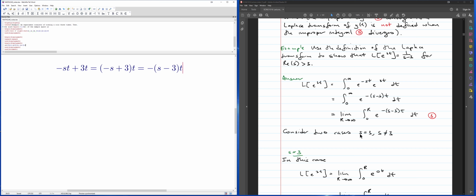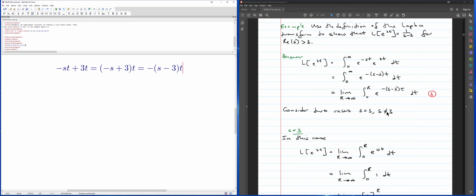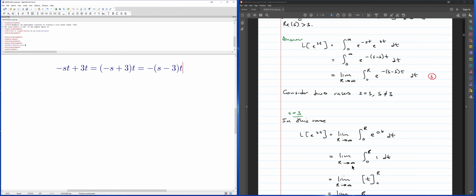We split into cases: s equal to 3 and s not equal to 3. First, let's consider the case s equal to 3. What happens when s is equal to 3? I get 3 minus 3 over here, and 3 minus 3 is 0. So I end up with e to the 0t, which is e to the 0, and e to the 0 is equal to 1. So when s is equal to 3, this exponential reduces to 1, and therefore I'll be working out the integral of 1 between